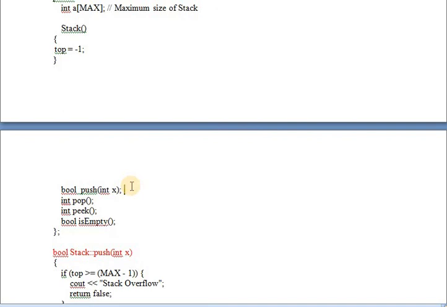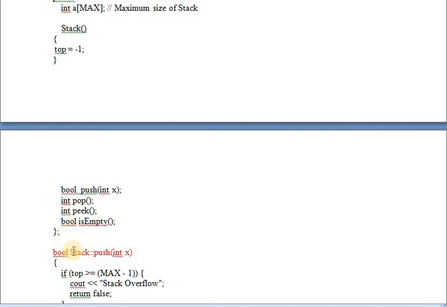If not, it is very difficult to study C++ using data structure. See here, return type is boolean, function name is push, argument is int x. This you call a function prototype. So int pop, this is another function, int peek, this is another function, boolean isEmpty. I am closing the class using the curly braces with a semicolon.